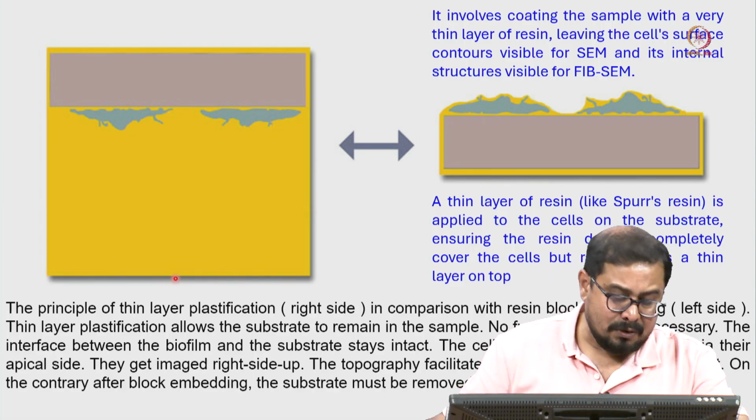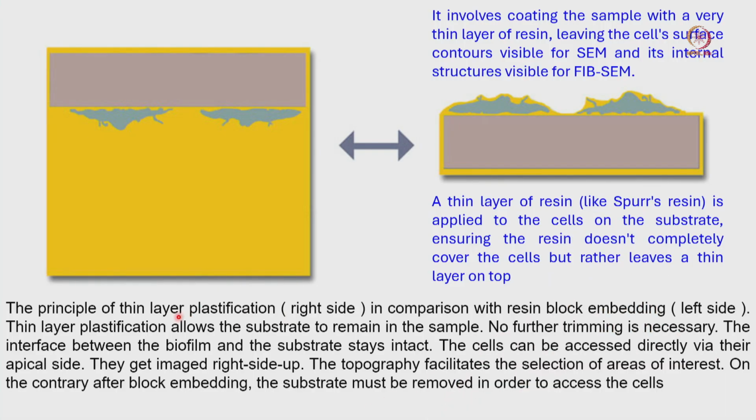But if you just use that plastification, the thin layer plastification, here you can see this is the cell membrane on top, and then we are doing a thin layer plastification that will decrease the depth, and it will be easy for the focused ion beam to rupture that outer cell membrane easily. That is one of the reasons we prefer that plastification on top of the cell before we cut the